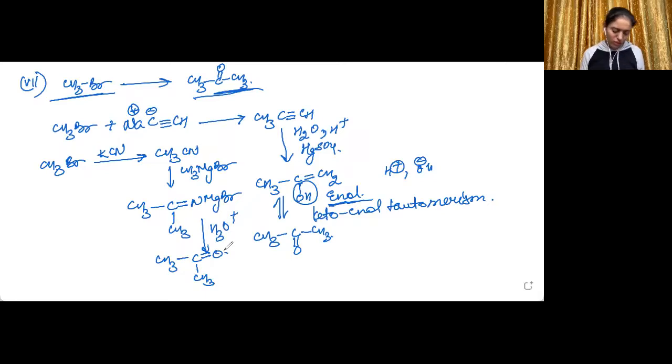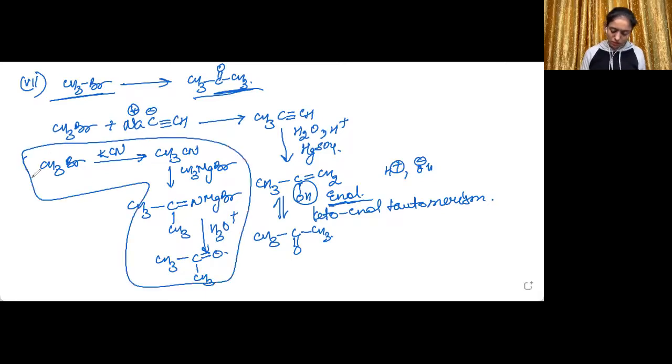I think you will find this easier, because I'm not sure whether you are aware of keto-enol tautomerism or not. In this one, just convert it into cyanide, then treat it with Grignard reagent, and then hydrolyze it in the presence of acid. Okay, so let's now move into the next part of this question. The next part is the eighth one, but-1-ene to but-2-ene.